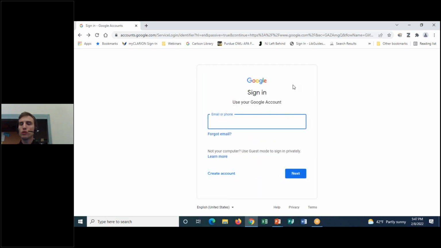So when you sign in, by the way, what I'm showing you here is not only how to sign in, but also how to create an account if you haven't yet. We're not going to go through the whole workflow, don't worry. I'm just going to go over a couple really important points because it's very simple. From here, I would sign into my Google or Gmail account. If you don't have an account yet and you want to make one, from here, you'll also see create account. If I click on that,